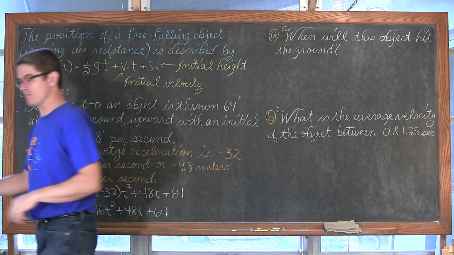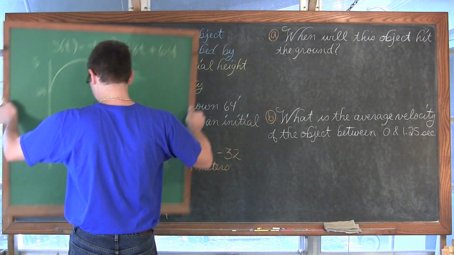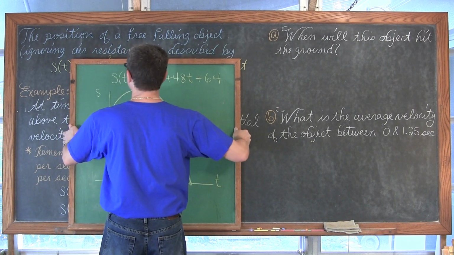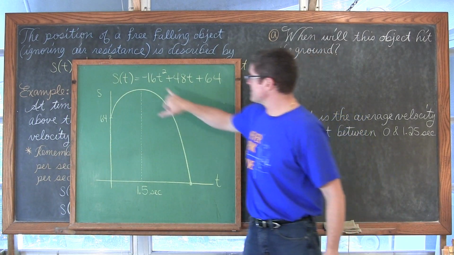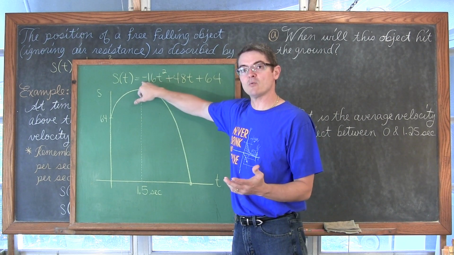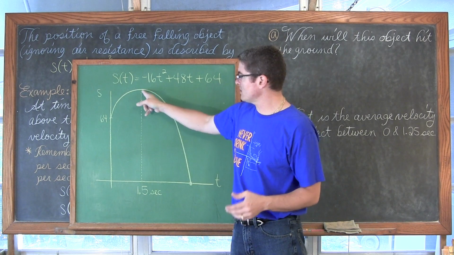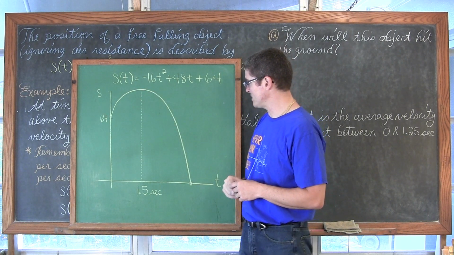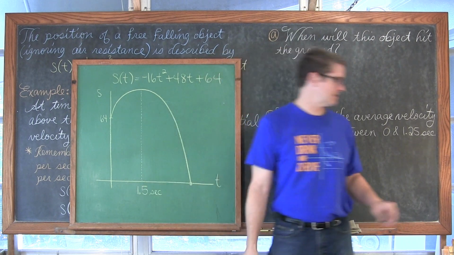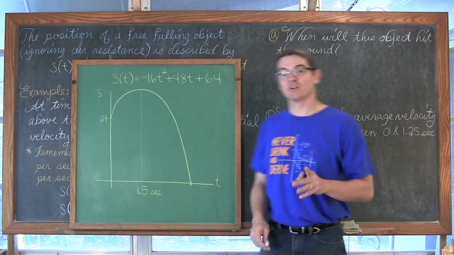Now, you know we're high-tech here with my high-end boards, so let's get our window and picture here. Yes, perfect. Voila. Just so I have something to look at. We have this power of 2, so it is a downward opening parabola. And it's going to reach its maximum height, which we're going to find in part of the work we do, at 1.5 seconds. Okay, that's a little better.